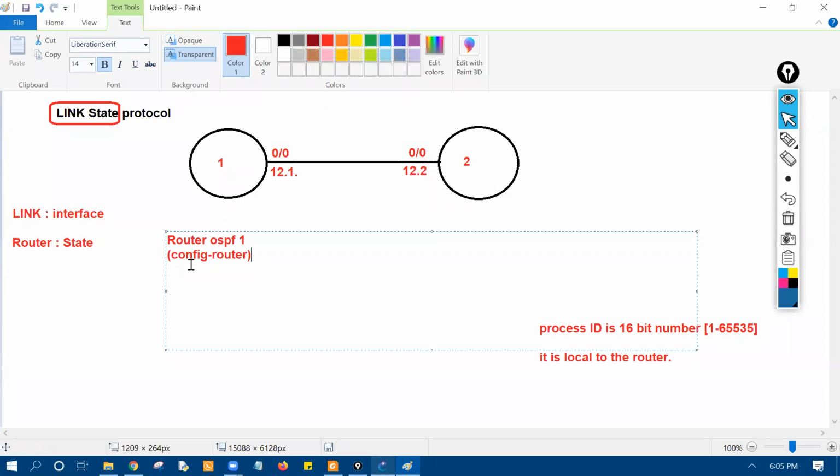So this was the config mode, and in the config mode I have defined this command. Once I put router OSPF number 1, I'll move to the router mode. After putting this command, what happened? Try to understand. Once I put this command with process number 1, what will the router do? It first looks up,